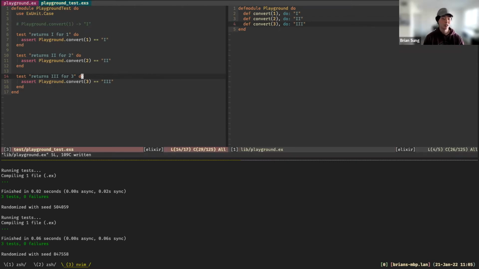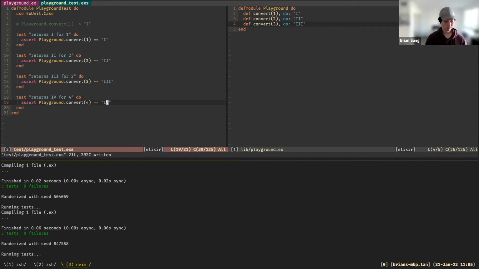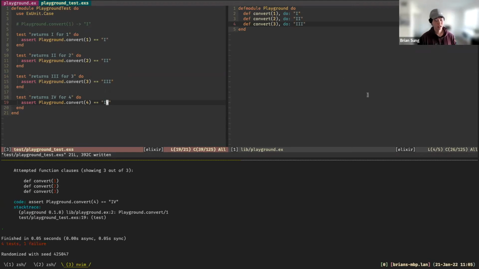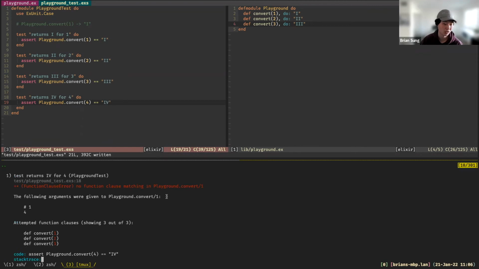All right, so what if we write a test for 4? Here we're going to get a different error this time. What this means is that we're passing 4 into this convert function, but there is no function clause matching it, right?